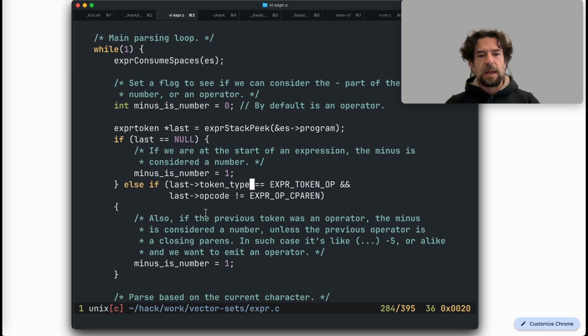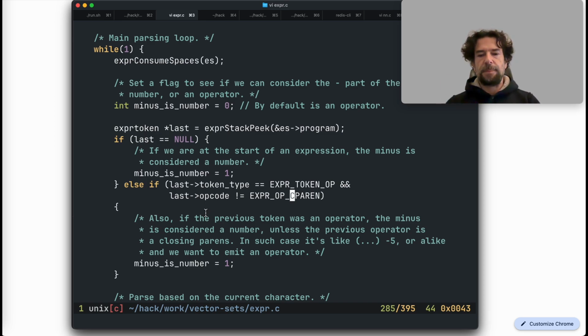If the previous token is an operator, then it's a number,